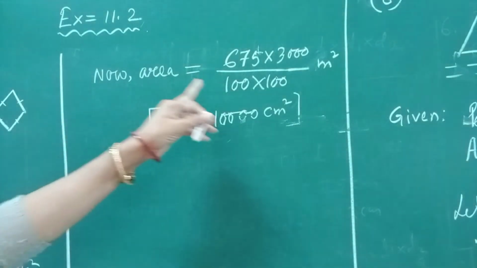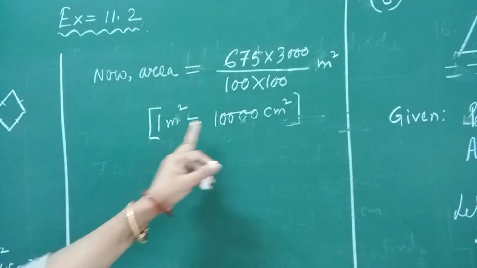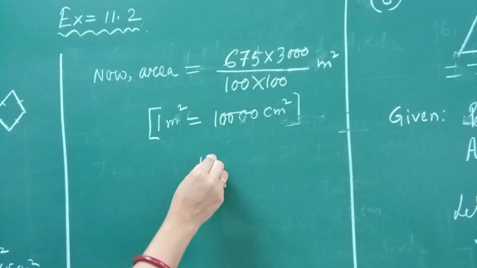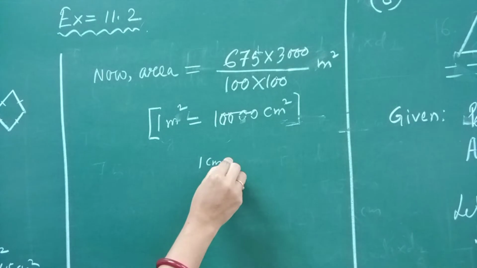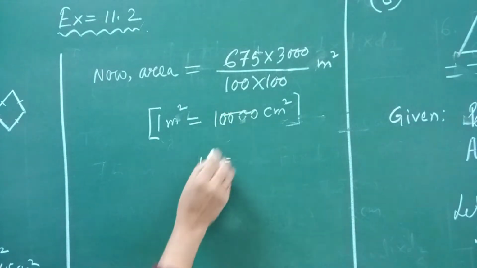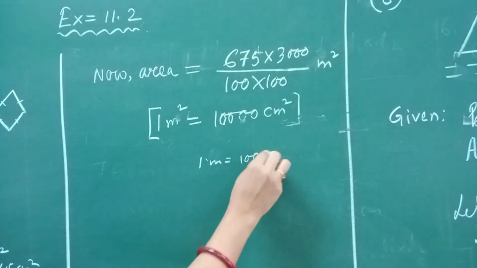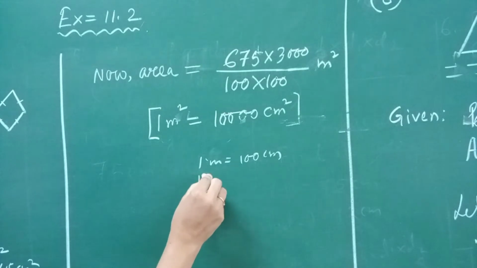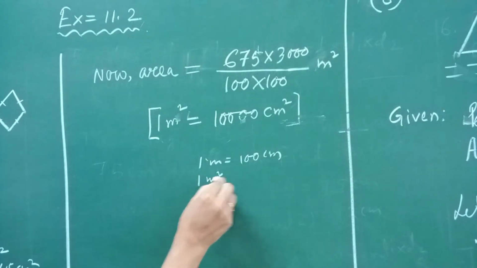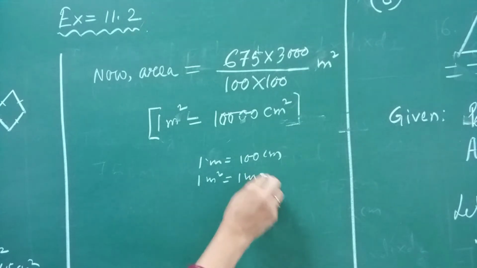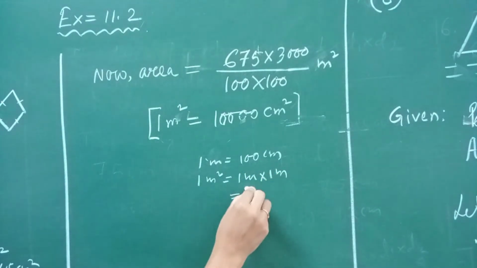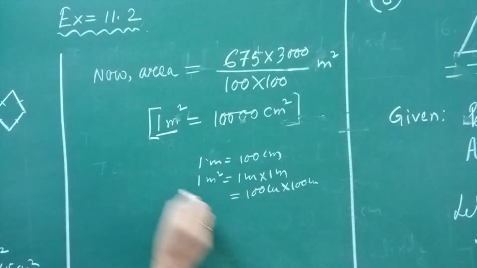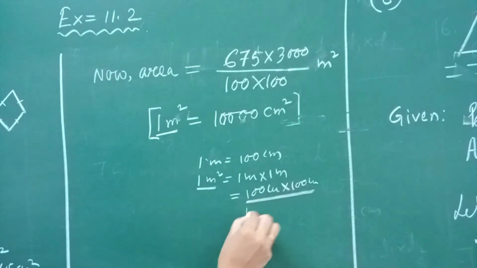Now we are converting the area into meter square. As we know, 1 meter square is equal to 10,000 centimeter square. Why? Because you know that 1 meter is equal to 100 centimeter. So 1 meter square means 1 meter into 1 meter. That means 100 centimeter into 100 centimeter. So 1 meter square is equal to 10,000